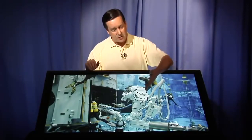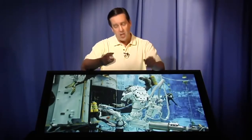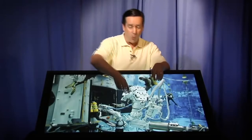And here you have the astronaut on the end of the robotic arm, and they are underwater because the air inside their suit lifts them towards the surface, while the weights around their ankles